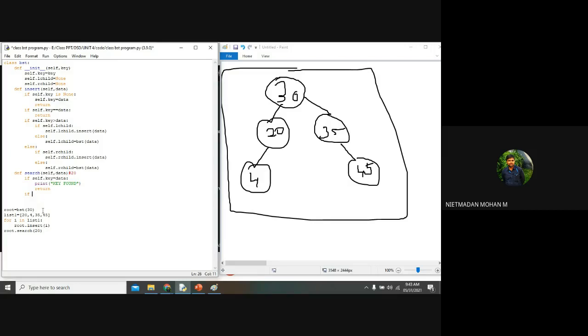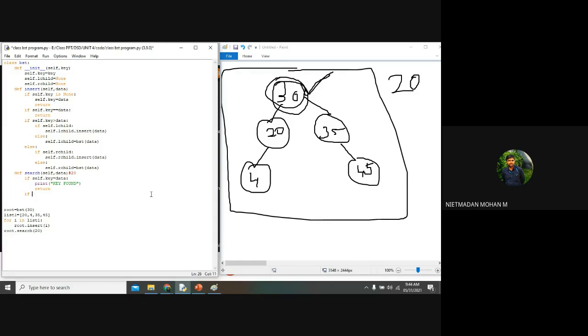So it means 30 is not present. So first we have checked this 30 is not present. So I want to search a value of 20. So what I want to do now? Greater than key value. Yes, we want to check whether 20 is greater than or less than this particular root node, right? Yes, sir.